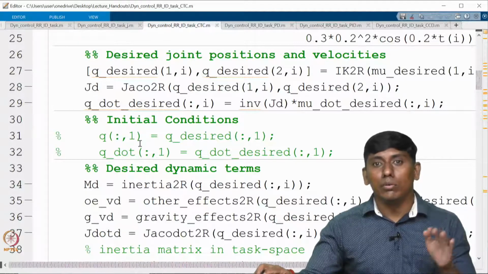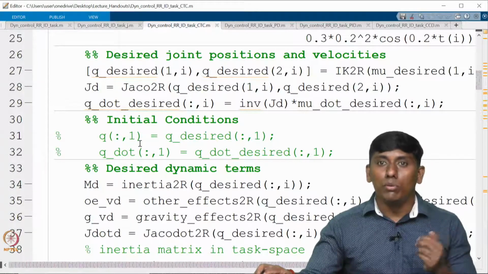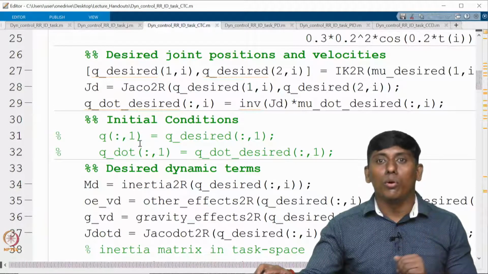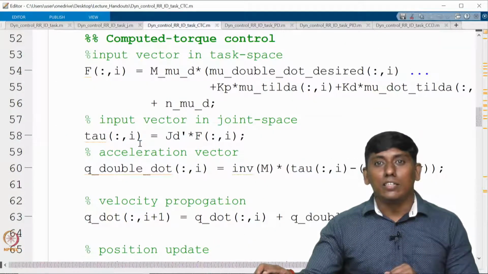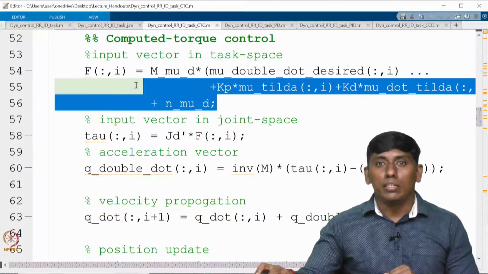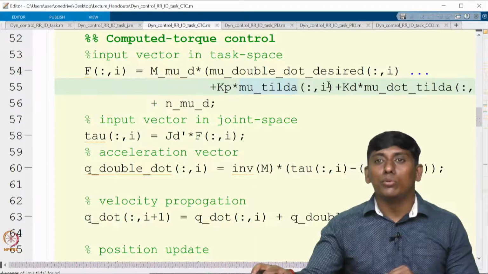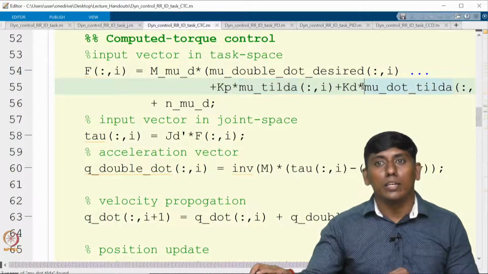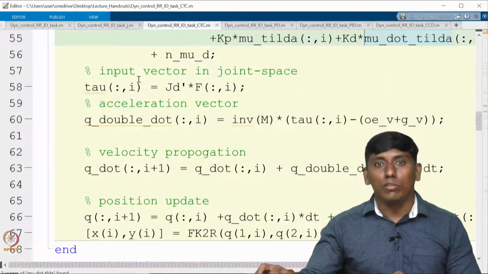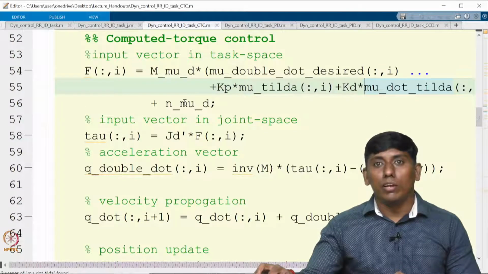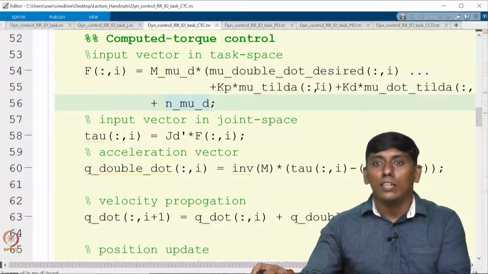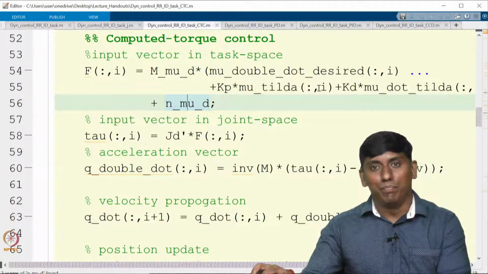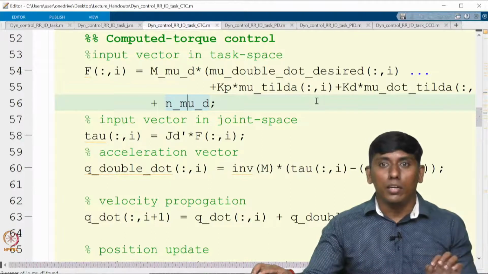Similarly, q dot at t equal to 0 and q dot desired at t equal to 0 are also not equal. In that sense, we have just added this. You can see this kp mu tilde plus kd mu dot tilde is added, and we can come back. So now this is the feedforward and feedback linearization. In addition, the feedback PD control has come. That is what we call computed torque control.